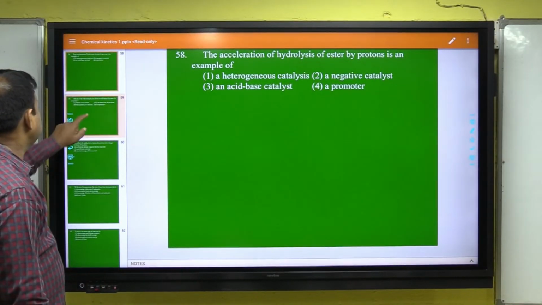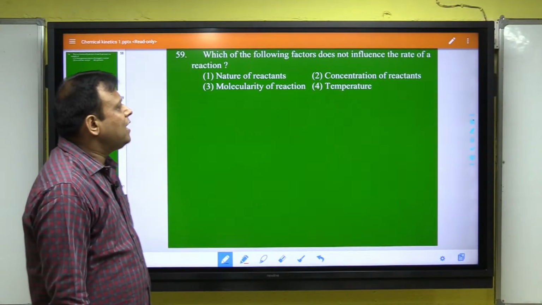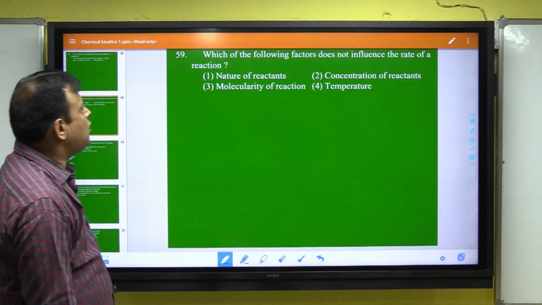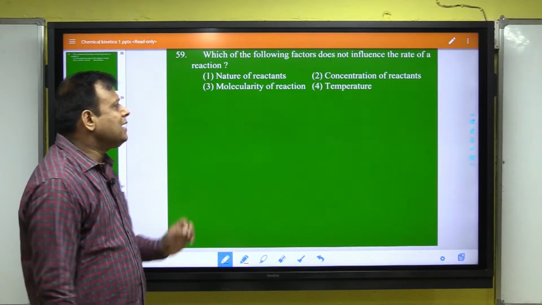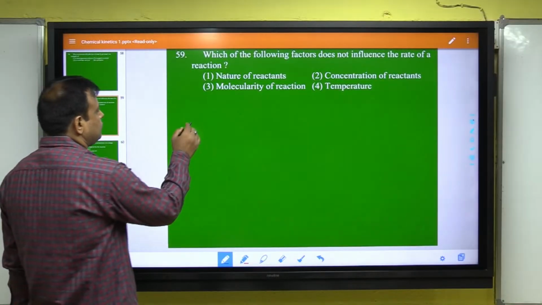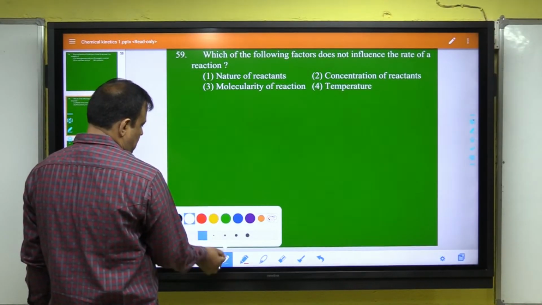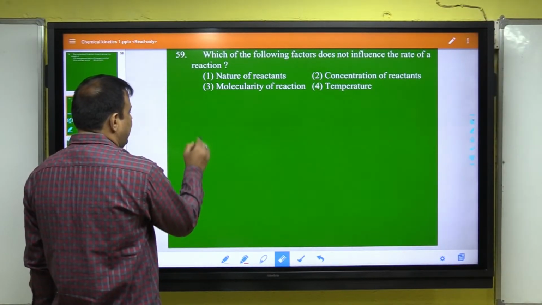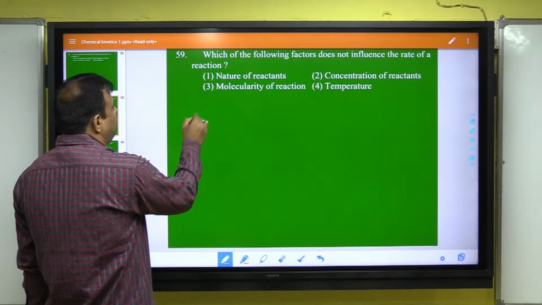Next, about 59, which of the following factor does not influence the rate of reaction. Listen, रिएक्शन का जो रेट होता है, रेट ऑफ रिएक्शन, पहले आप ये जाओ फैक्टर्स